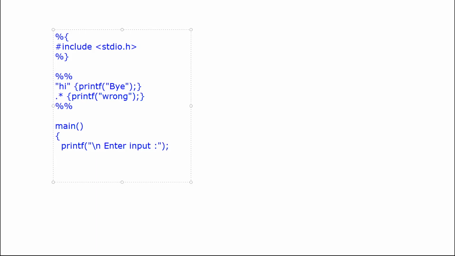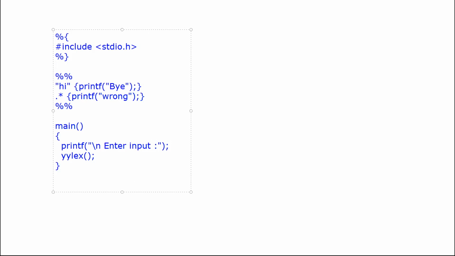And then from where will you take the input? Through yylex. Yylex, I've told you, is a function which will take the input and generate the token according to the patterns written in the rule section. So yylex will take the input. It will match whether it is the pattern hi or not. If it is hi, it will print bye. If it is not hi, then it will print wrong. Fine. So this is my main.